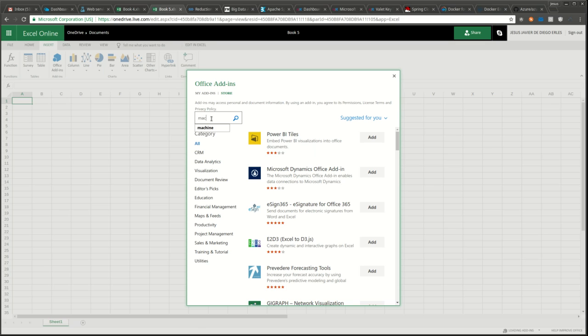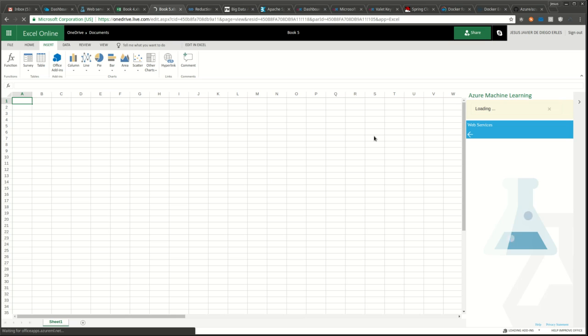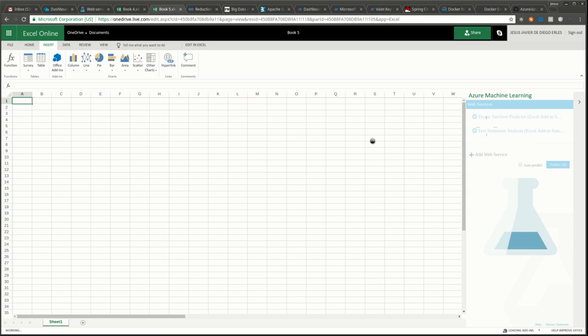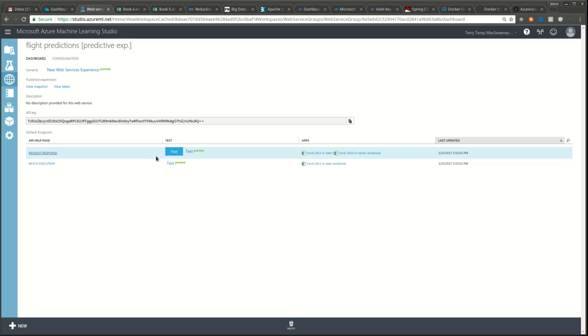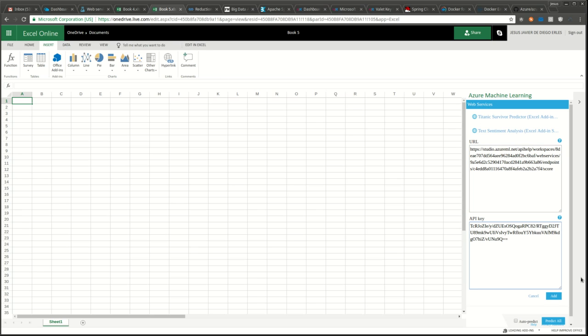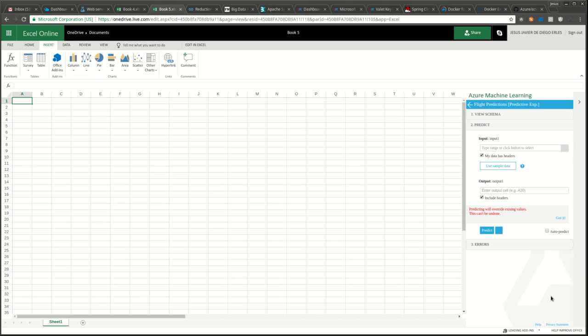We'll include here Azure Machine Learning. So now it's added. We can include here the URL and the API key. So we have added the web service, and then we can include some